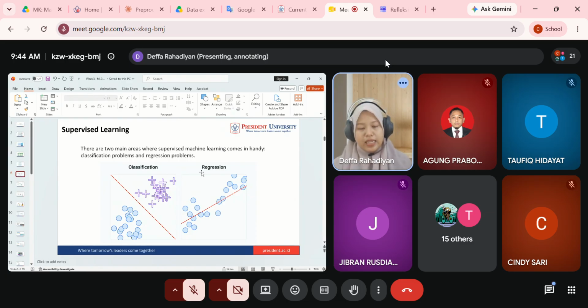Classification detects based on a specific label or class that we have, like man or woman. But regression predicts a continuous value, and it's not always a whole value. Sometimes it can have a comma or decimal point and so on.